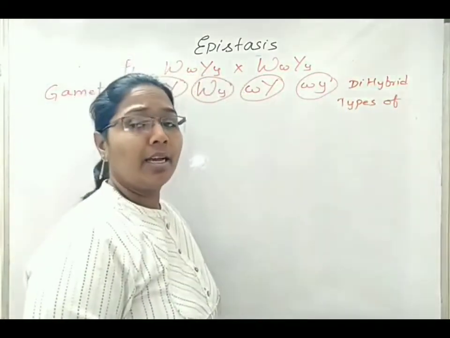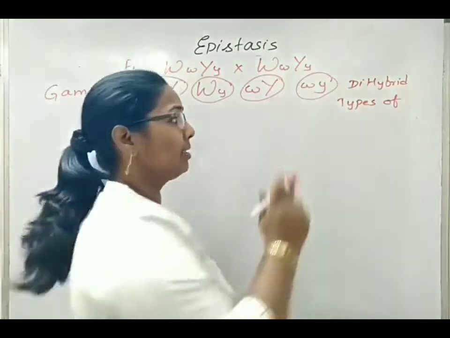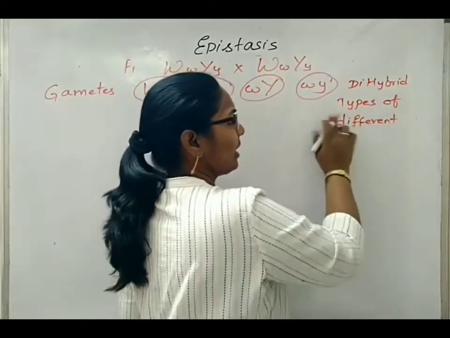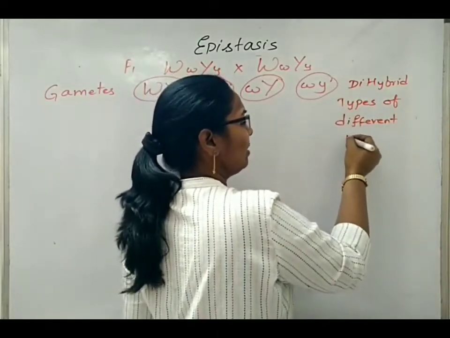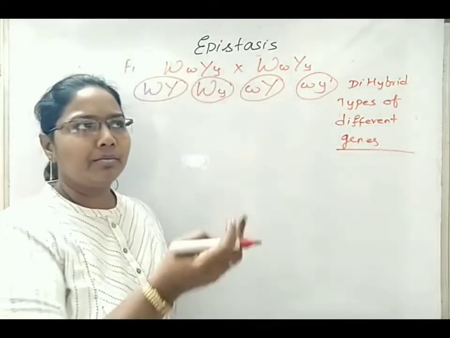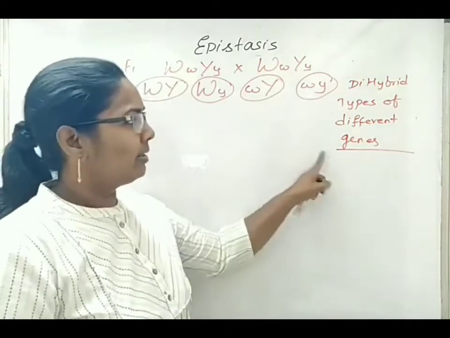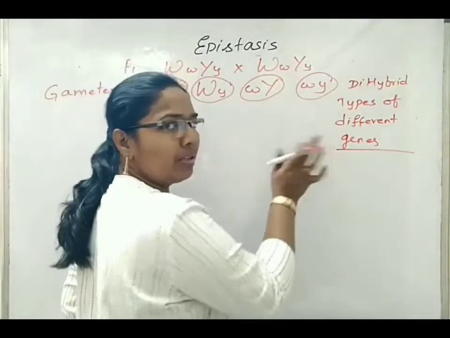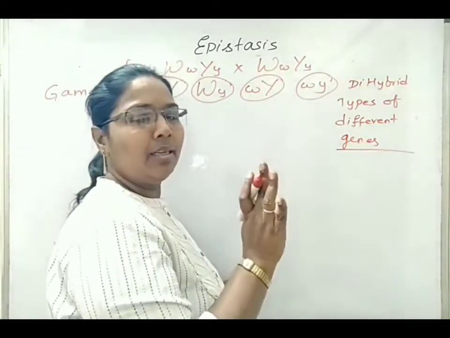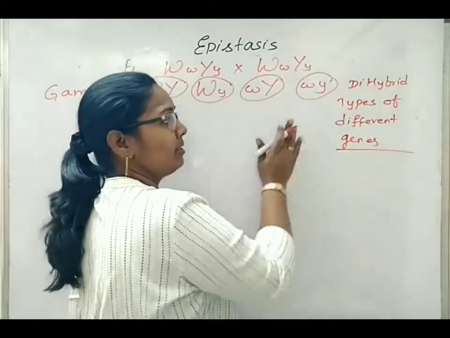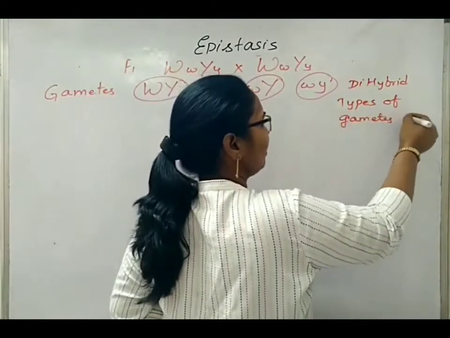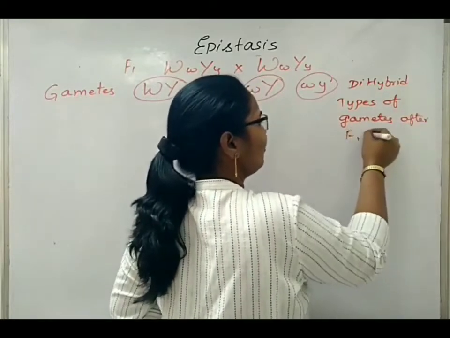Sometimes in the questions, I have seen the examiner asking types of, and again they are using another word, that is different types of different genes. I have seen this question in one of the practice materials. When they have used such a word combination and framed a sentence, it just means, what are the types? Okay. So types of gametes after the F1 generation